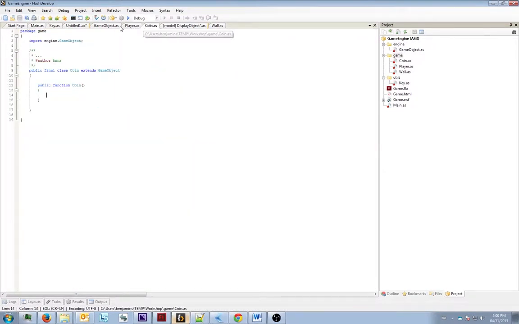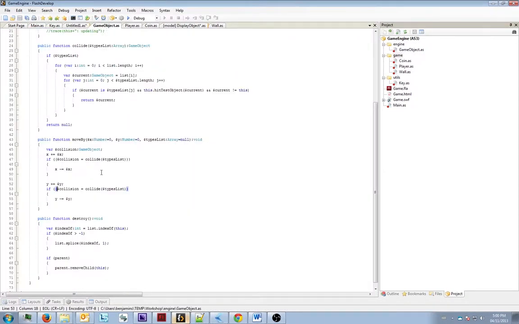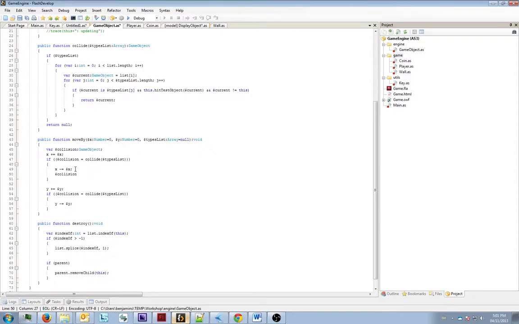I'll show you some cool things in a little bit. So you say, okay, y plus equals y, okay, great. Now, what if I actually want to know what I collided with, so I can do something to it? So if I collide with an enemy or another type of object, I send it off in the other direction. So I can create an onCollideX